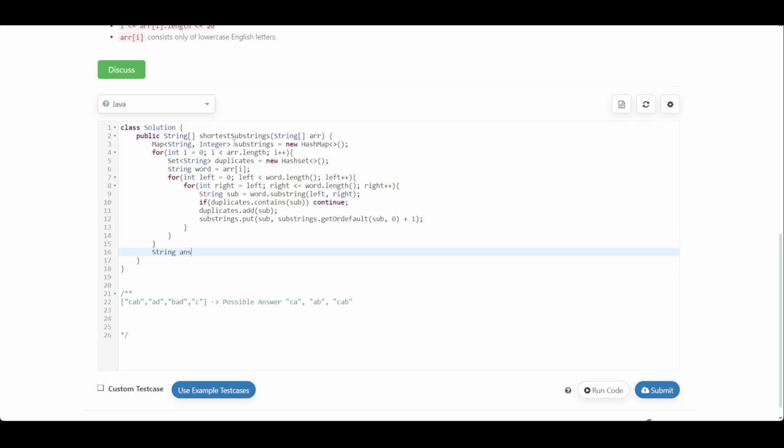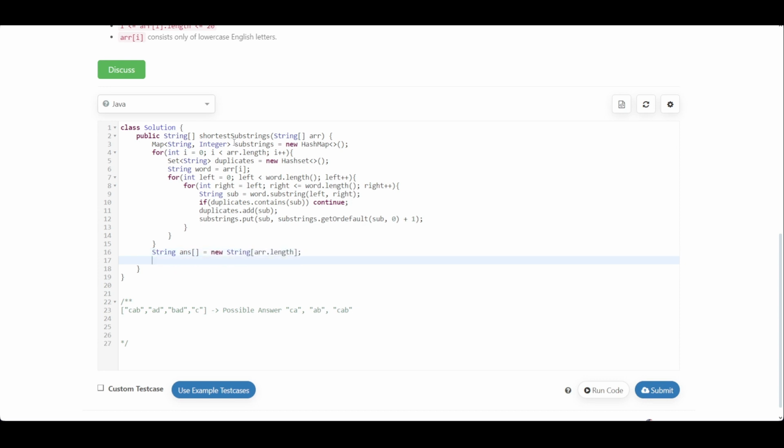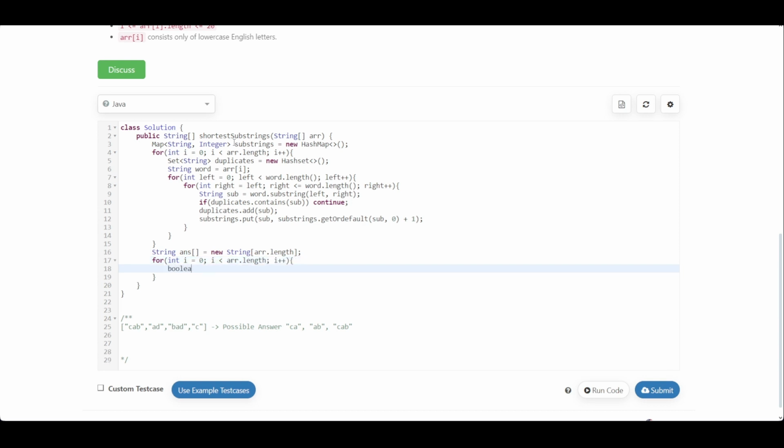and then here by now we have created the substrings map, and let's have the answer array, that is string answer, that will be equal to new string of size array.length. Now what I'll have to do is that for int i equal to 0, again i less than array.length, i plus plus. Now here I'll be keeping a boolean that if that word is found in the hash